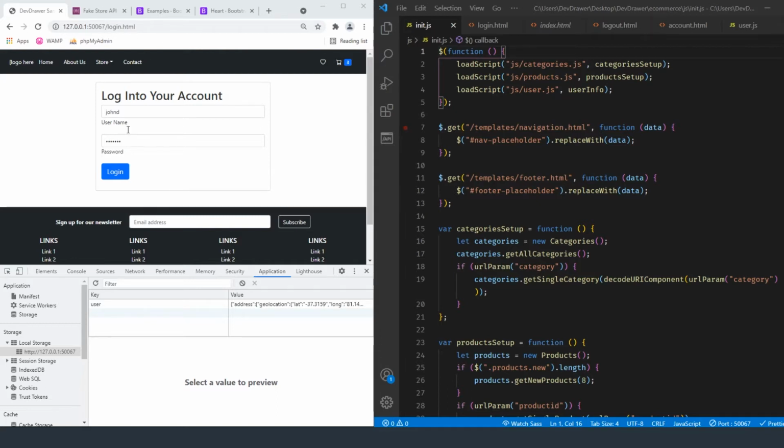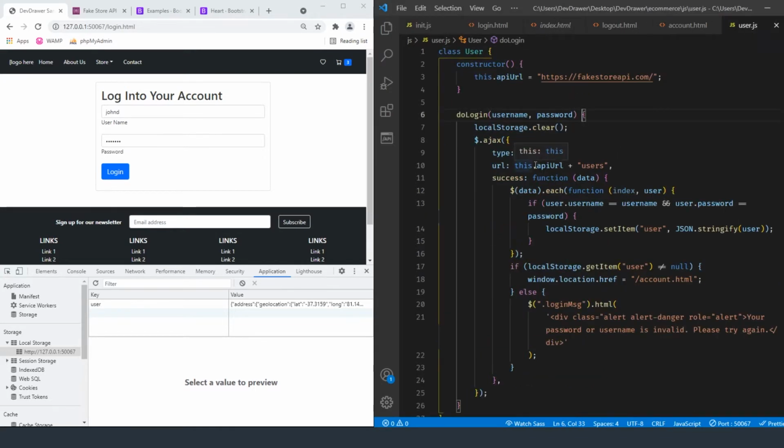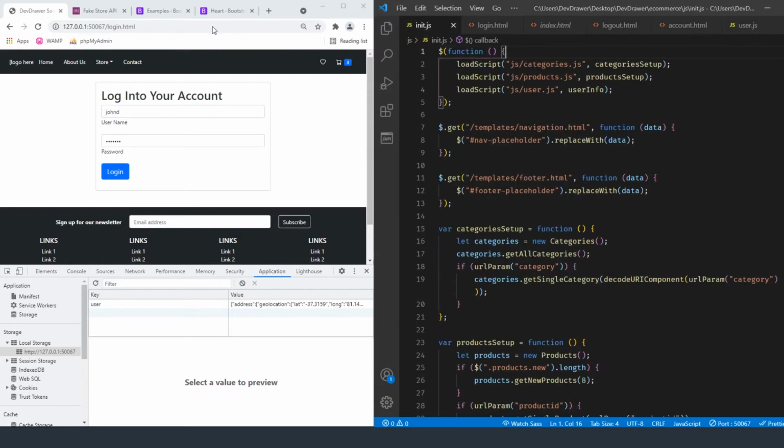Where did I put that at? I'm just looking through my code. There's a section in here that I cannot find. How did I do my logout? There's going to be a clear. So let me look and see inside of this user.js. There's a clear somewhere. So we have the local storage clear here, but that's not where we need it. We need it to be on the logout page. So if we do logout here,